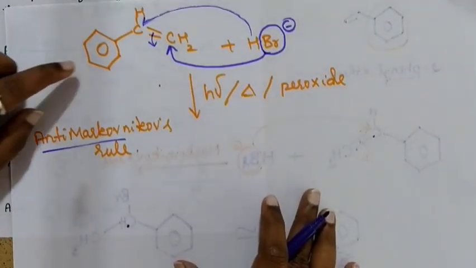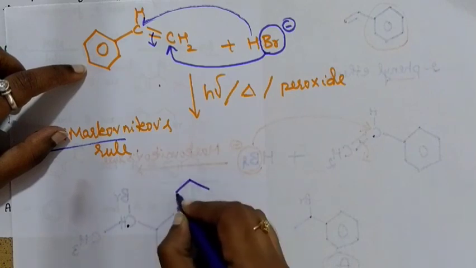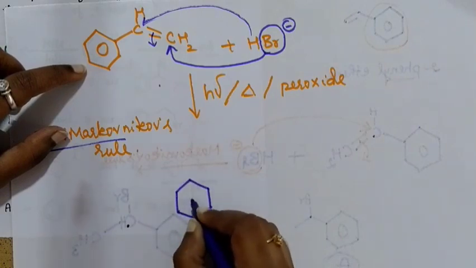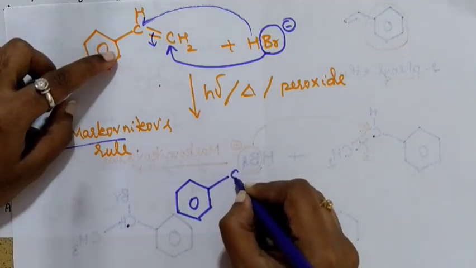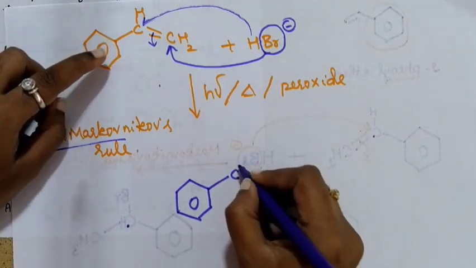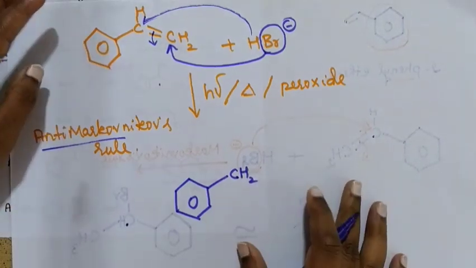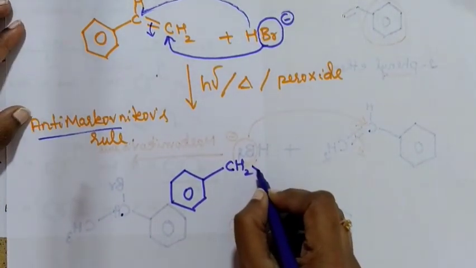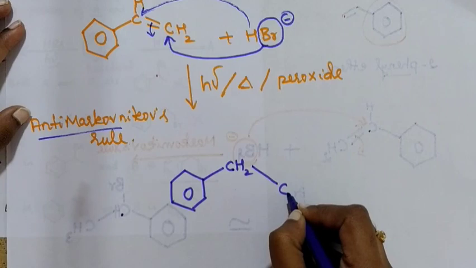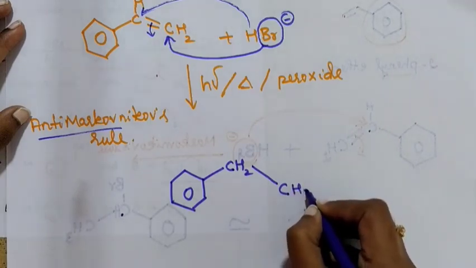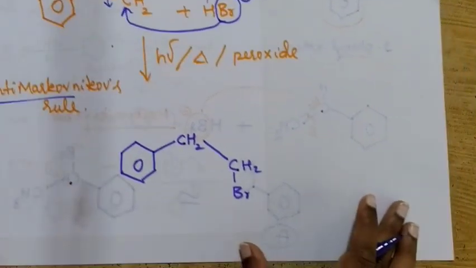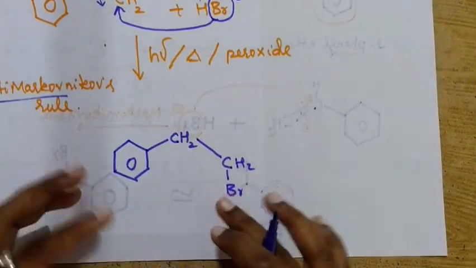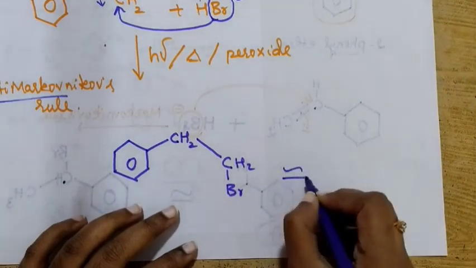So what is the product we got now? The benzene ring is as it is without any change. And it is bonded with a carbon where there are 2 hydrogens now. CH2 I'll write. And this is bonded with a carbon again. 2 hydrogens were already there. One more bond is with Br. Correct? It is in a complete form. Let me write the bond line form for this.